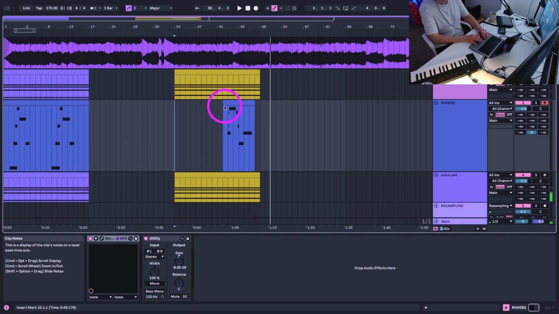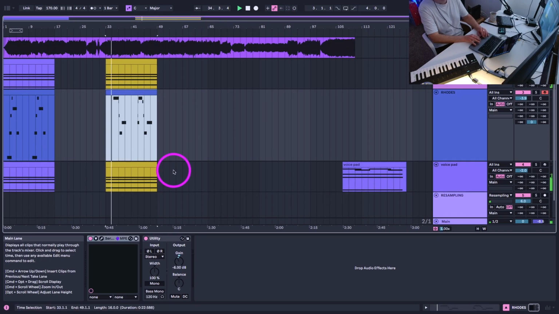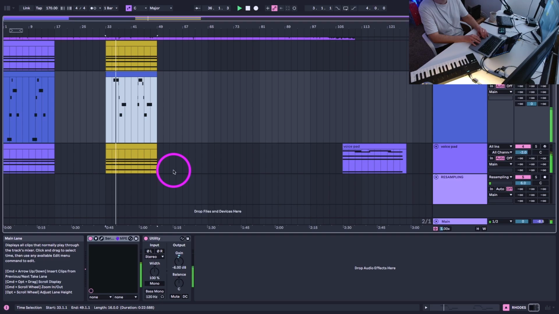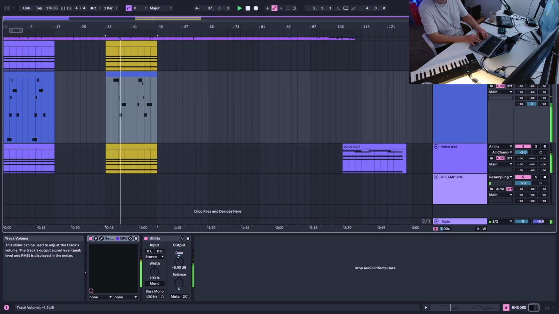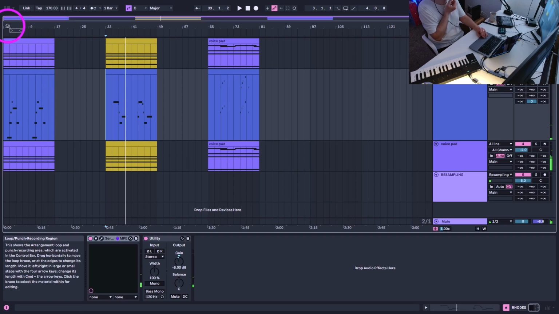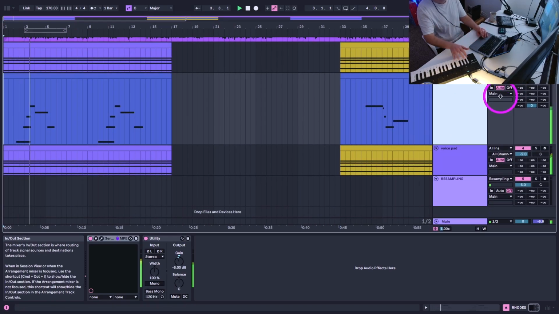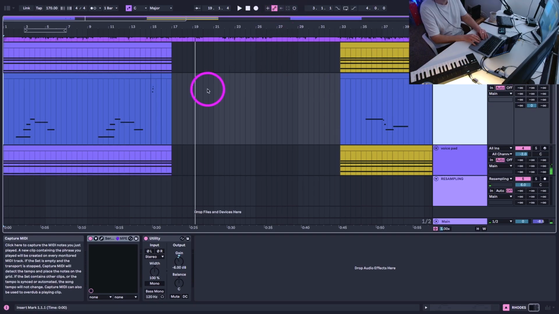I'll lock that in for now. Kind of Mixolydian vibe here. It sounds like the beginning of Music Has the Right to Children, that. Probably overkill there, but